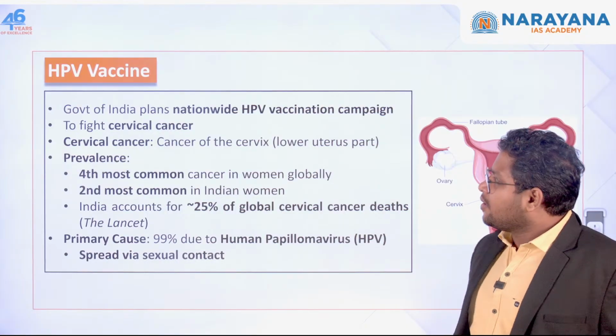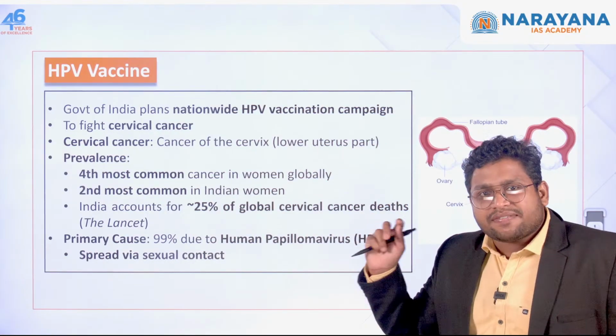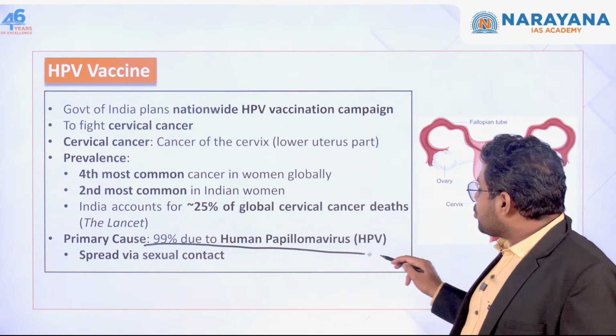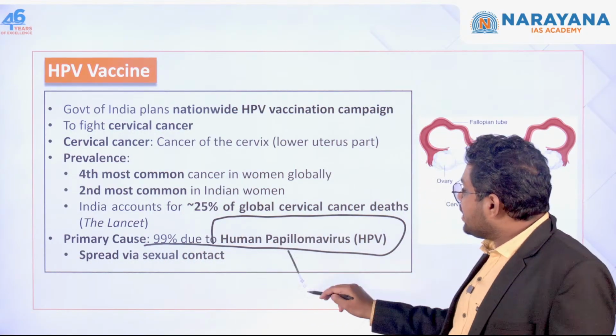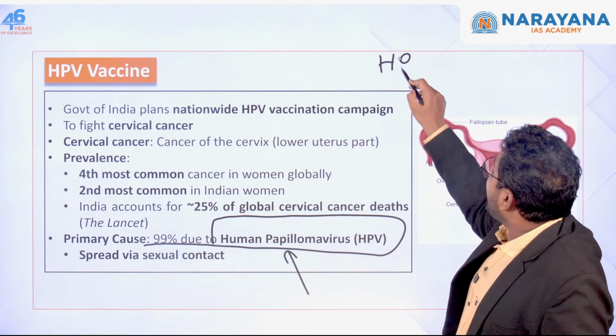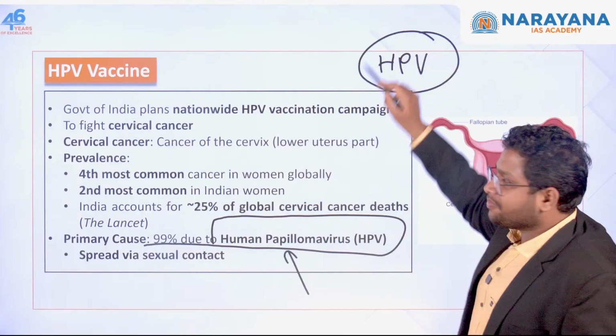Now which vaccine to be more specific? The name of the vaccine. So the name is Cervavac. This is India's indigenous HPV vaccine, I can say. The first indigenous vaccine made by India. Cervavac was developed by Serum Institute of India. This is quite famous. At the time of COVID, we heard about this Serum Institute. So that's all about